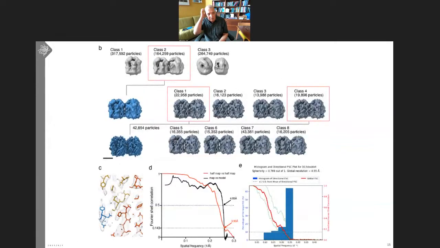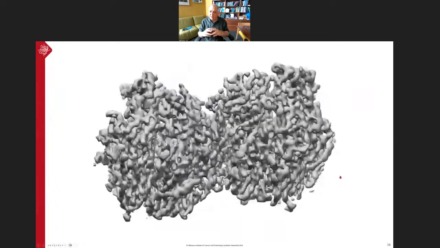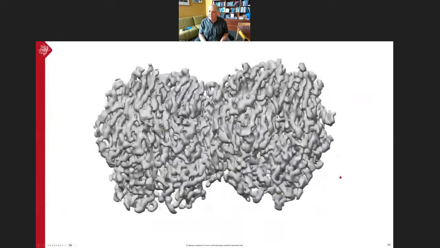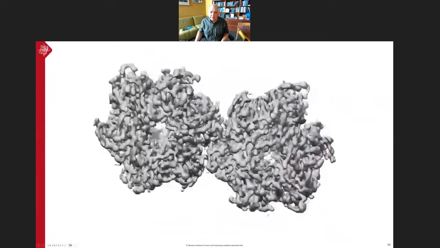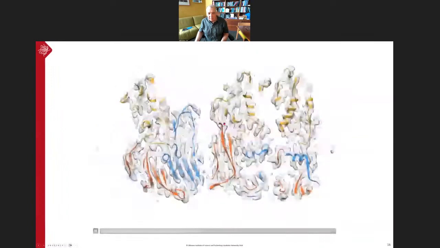And with that, we were able to get to 3.9 angstroms resolution for the dimer of the trimers. And although the density was slightly anisotropic, so it looks a little bit elongated in one direction, in the Z direction, it was nevertheless possible to adopt the atomic model quite faithfully. And at that point, we were able to get insights into how the trimers interact with each other.